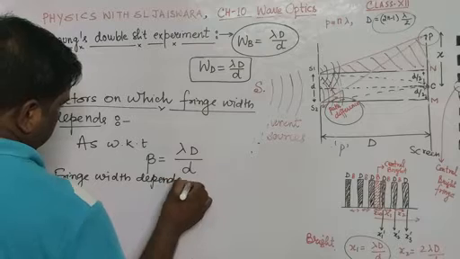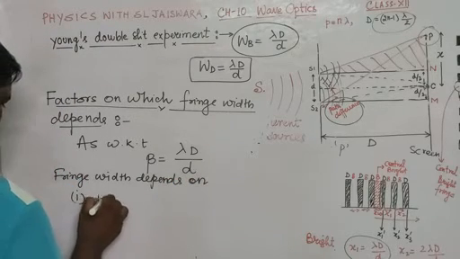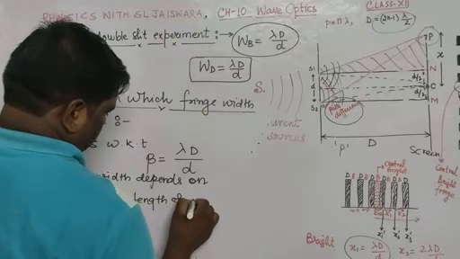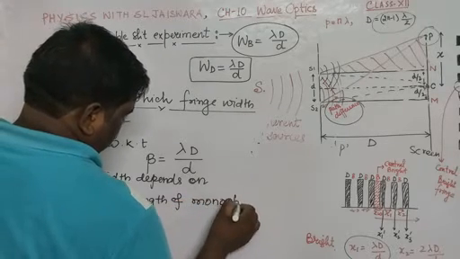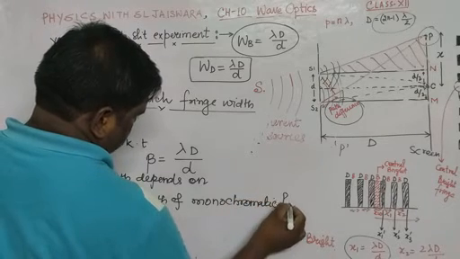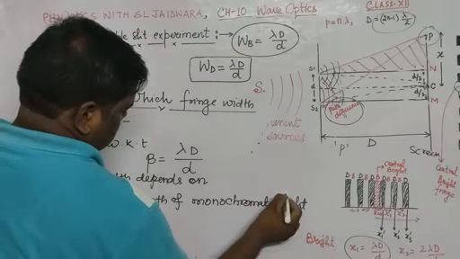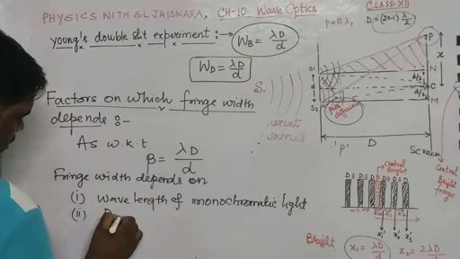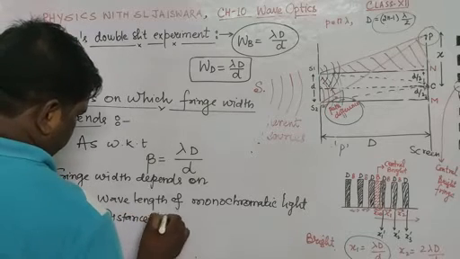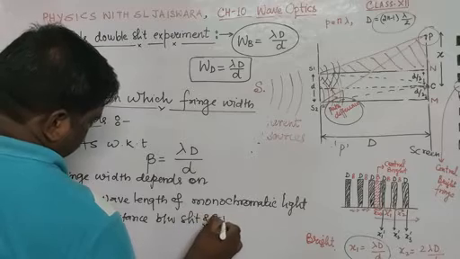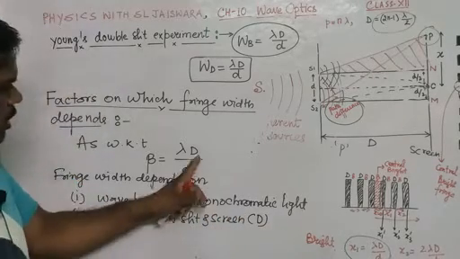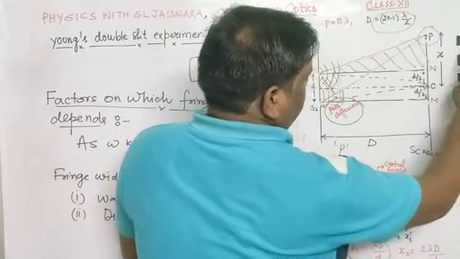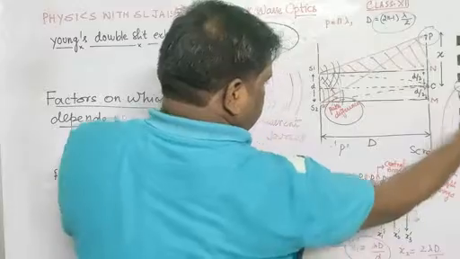depends, number one, on the wavelength of the monochromatic light, that is, coherent sources, monochromatic light, and number two, it also depends on the distance between the slit and the screen, that is capital D. This means when capital D, this separation, increases, then beta also increases, which means the fringe width also increases. When the separation between slit and screen increases, then this width